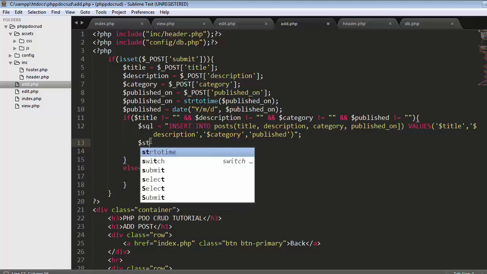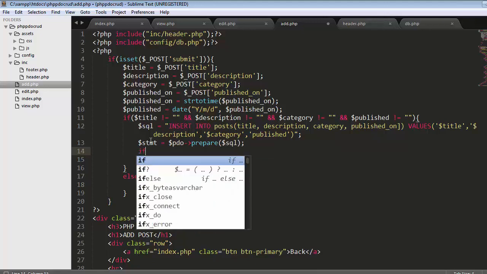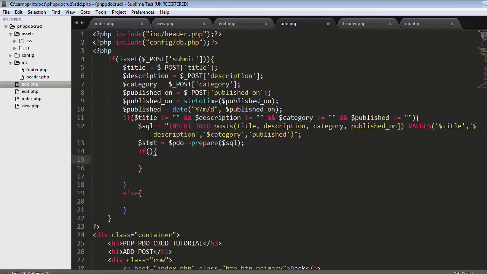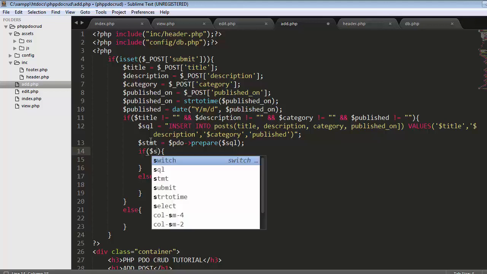video to make a prepare statement. And to this we have to pass our SQL query. Okay, here we have to check else if our statement gets executed